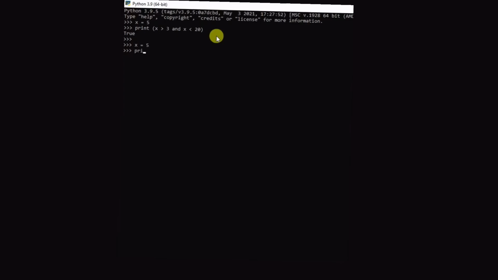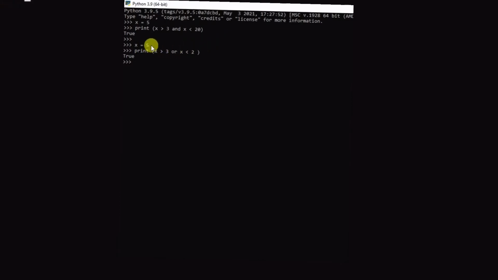If our x's value is greater than 3, and we write OR because we are using the OR operator, and the next statement is our x's value less than 2, then print true.